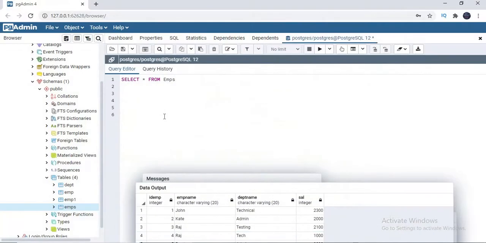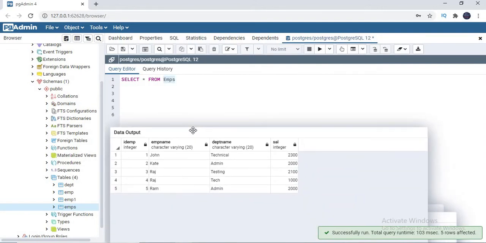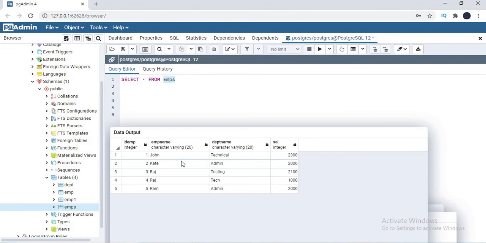If you go to the Postgres window, I have a table and data. I created a table with the name EMPS, which has around 5 records. You can see 5 records with 4 columns: employee ID, employee name, department name and salary. You can see the employee IDs 1 to 5 and the respective names, departments and salaries. So here I am going with a positive case. I will show you one more example with a negative case also once we are done with the positive case. Now I want to export this table data into a CSV file.